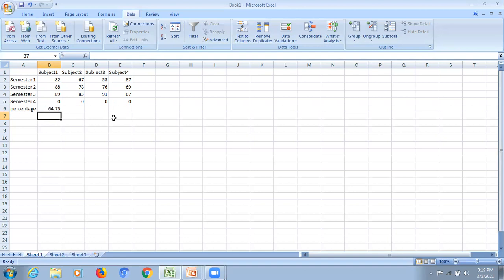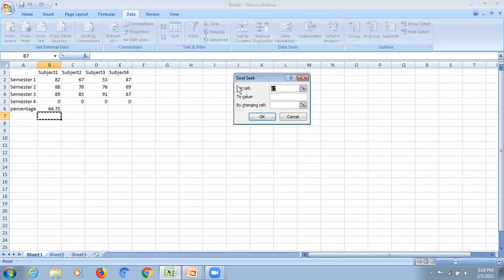So let me go to goal seek. You will go to the Data menu. What-If Analysis is under Data Tools. Here click on Goal Seek. So here, Set cell will take the cell in which we want our result, and it should contain a formula.